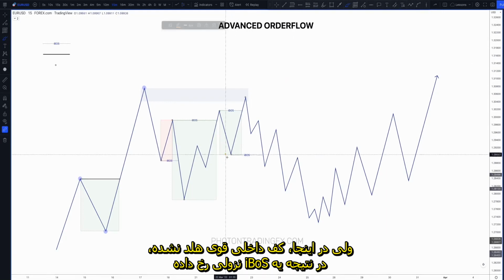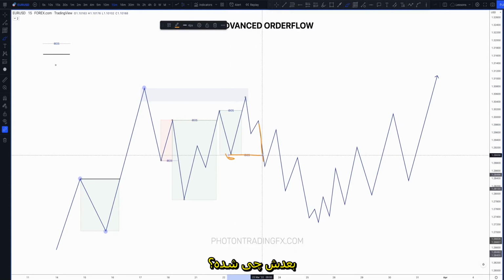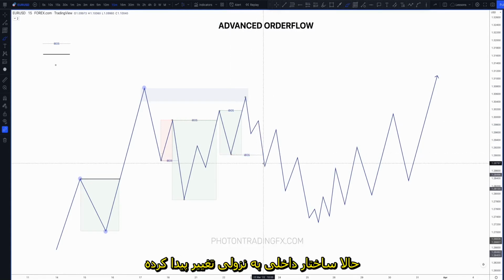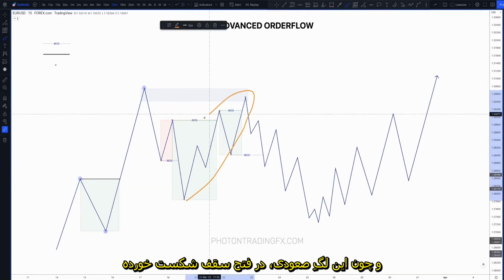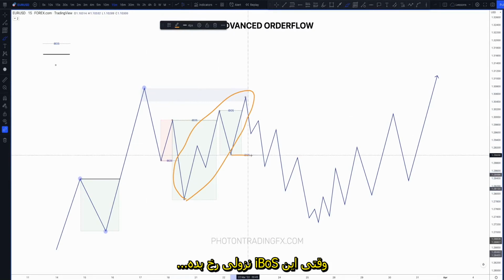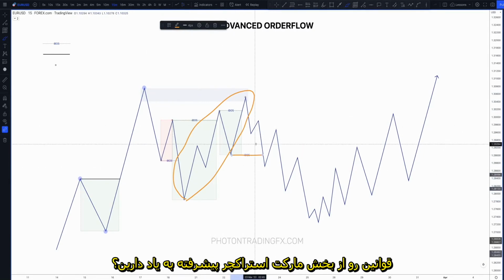But in this instance, that low doesn't hold, that strong internal low, and it breaks, and we get a bearish IBOS. Okay, so now what has happened? Now the internal structure has switched bearish, right? So at this point, because the bullish order flow has been shifted, and because this bullish leg, this run, failed to take out the high, when we get that bearish IBOS, remember the rules from advanced market structure,